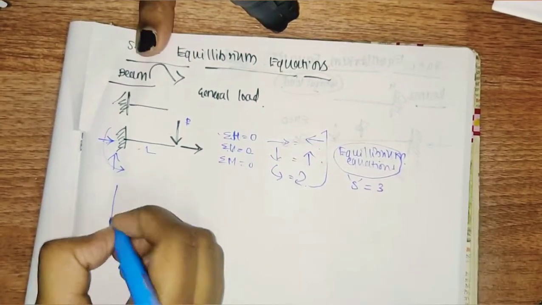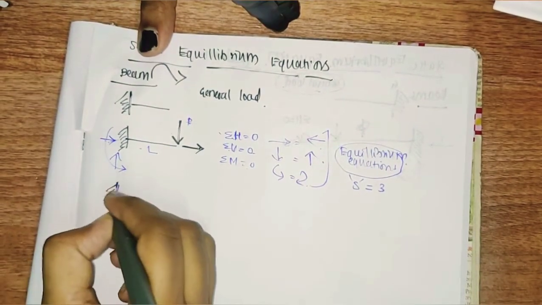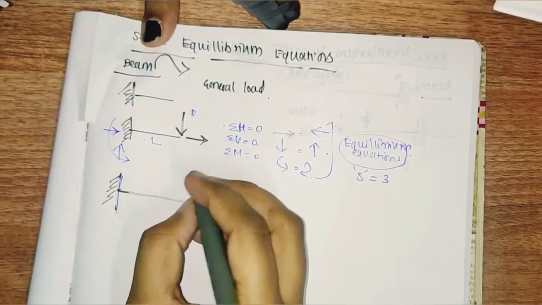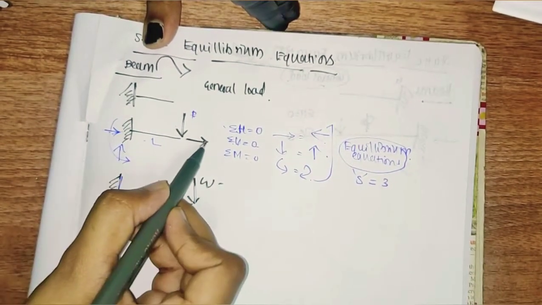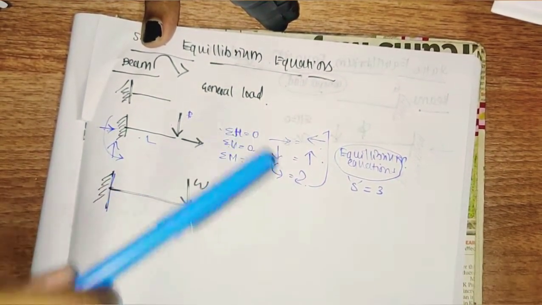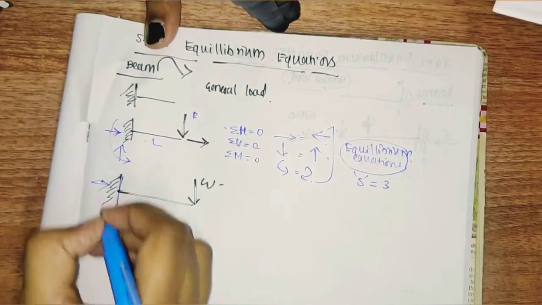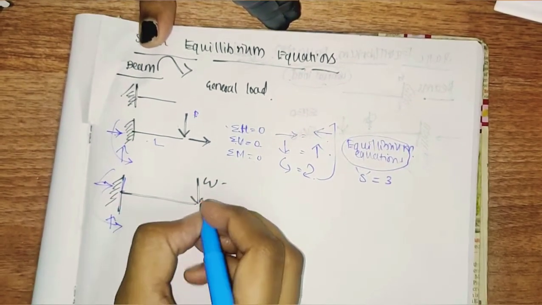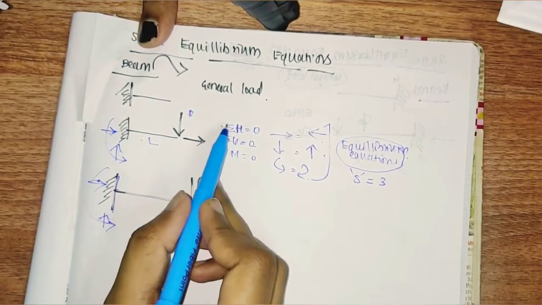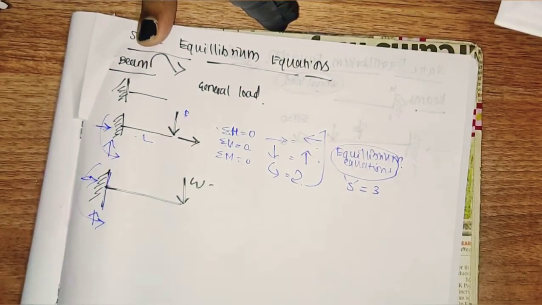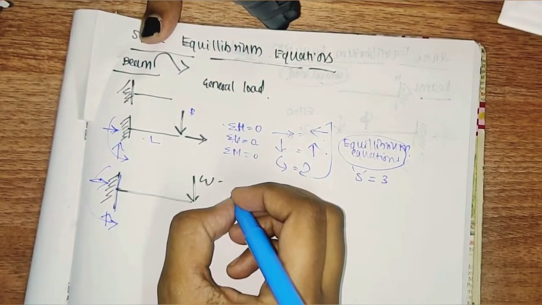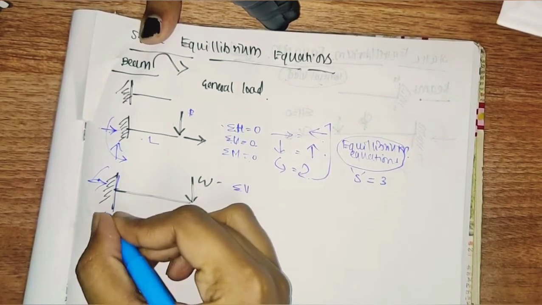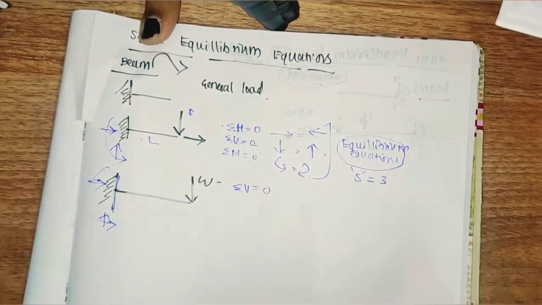Now I am considering a fixed support with a moment acting here. Same scenario, but there is no horizontal load. So what is the difference between these two? There will be a reaction happening like this, but to balance the horizontal load I wrote it like this; here there is no horizontal load. So as there is no horizontal load, we write the vertical one, summation of V equal to 0.